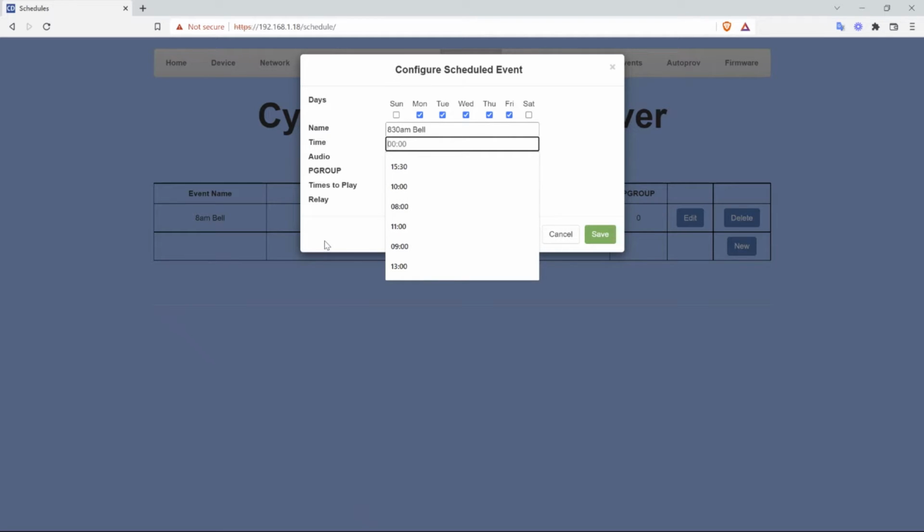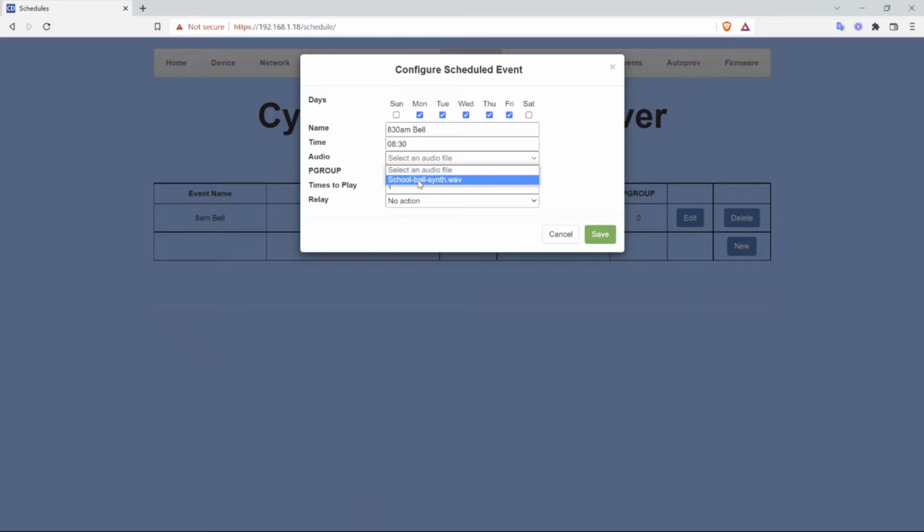Next, we'll set our time. And for the time that you'll want to set here, it's all going to be measured in 24-hour time or military time, so that way you don't have to deal with, is noon AM or PM or any of that kind of funny stuff. You just set it in 24-hour time to take all of the guesswork out of that. So since this is our 8:30 AM bell, we're just going to set our time here to 08:30. Next, we'll pick our audio file, and we've just got the single audio file loaded in here,